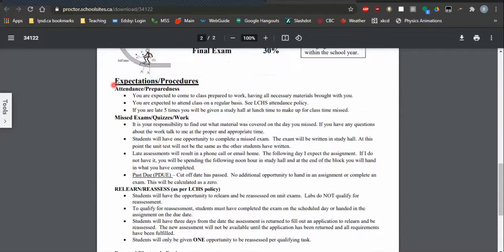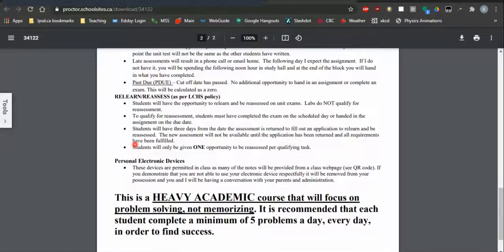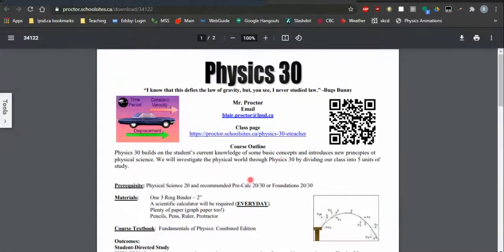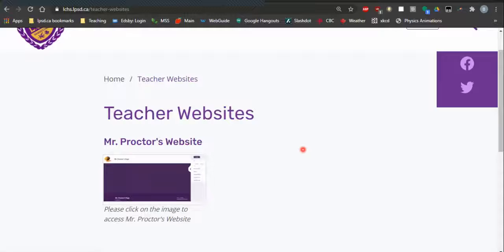And then there's your expectations and procedures. You know, you're in grade 12. Even if you're watching this in grade 10 or 11, it shouldn't be overly different than previous years for school. So you can give that a quick little read. For my grade 12s, Physics 30 is a pretty heavy course, so you will be expected to do lots of homework, unfortunately. So if we go back to the previous web page, see,